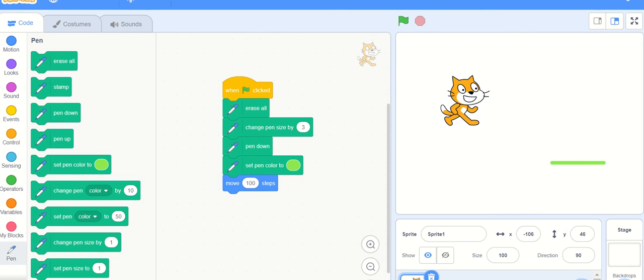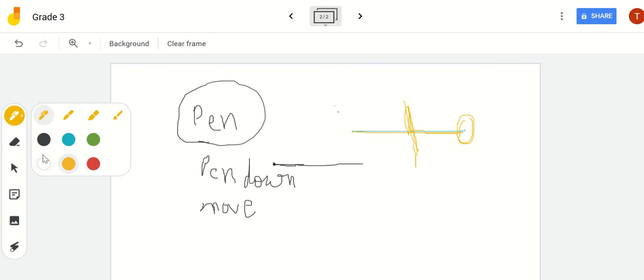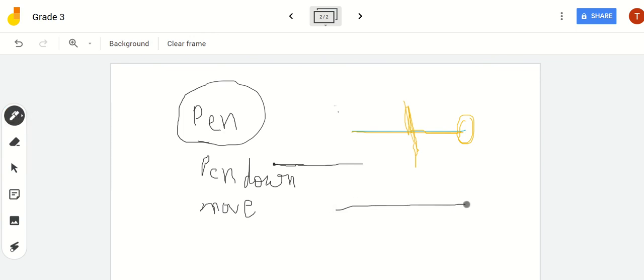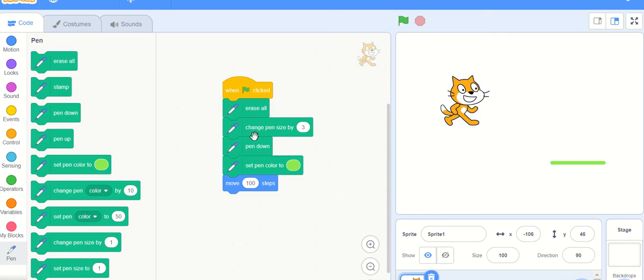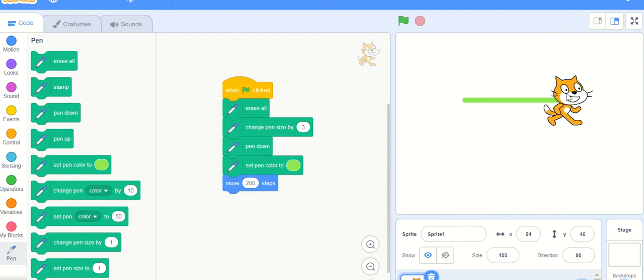Okay, now we were discussing that, for example, if I want to make a plus sign, then for this we have drawn the horizontal line. So our next step would be to make the sprite move from this point to the mid of this line. Now how will we do this? For this, I make it a longer line, the size should be more than this. Now you can see the number of steps is more than the previous one.